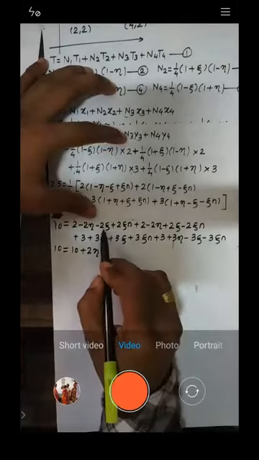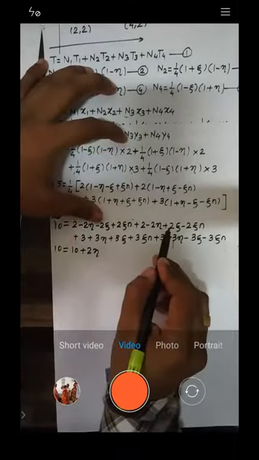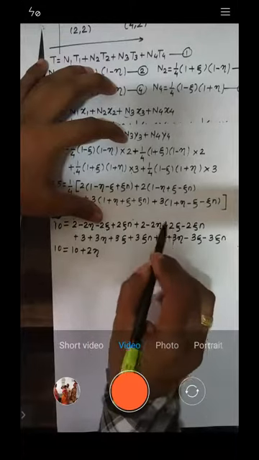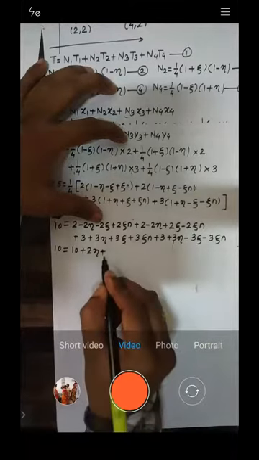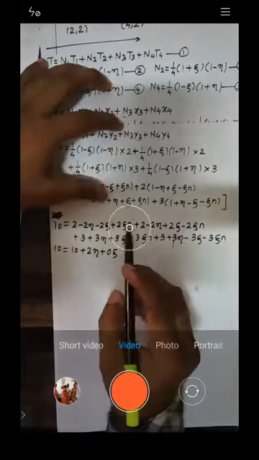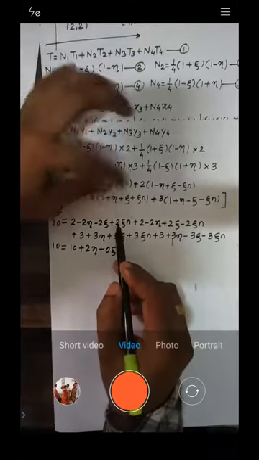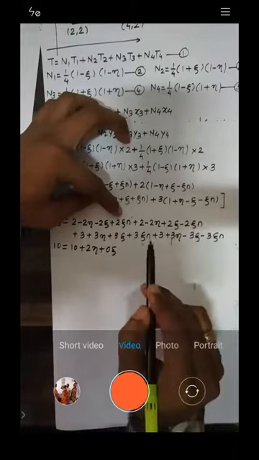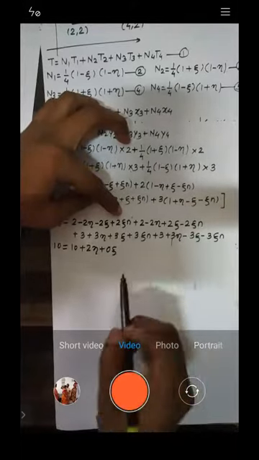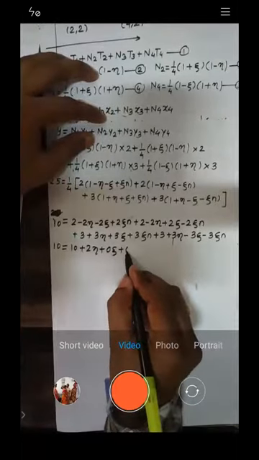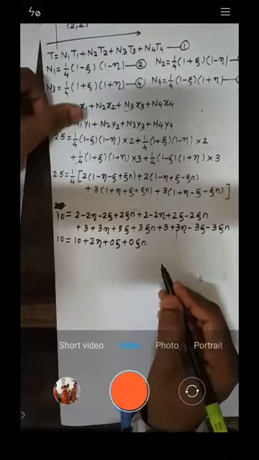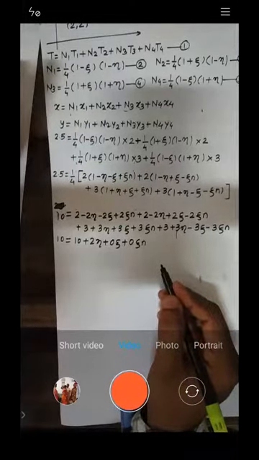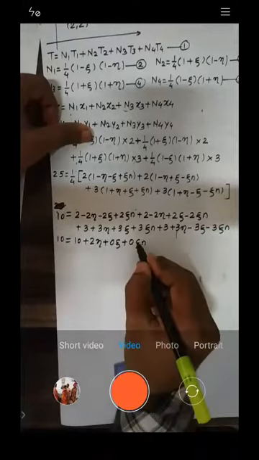Now start with this zeta. This is minus 2. This is plus 2. See, minus 2 and plus 2 gets cancelled. Then plus 3 minus 3 again gets cancelled. So it is 0 zeta. Now start with this zeta neta, right? 2 and minus 2 gets cancelled. And this 3 and minus 3 again gets cancelled. So this is plus 0 zeta neta. Is it okay? Yes or no?